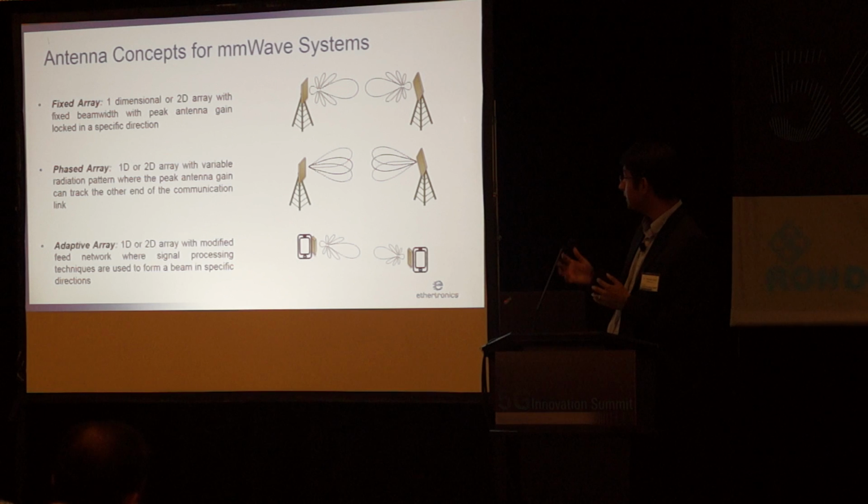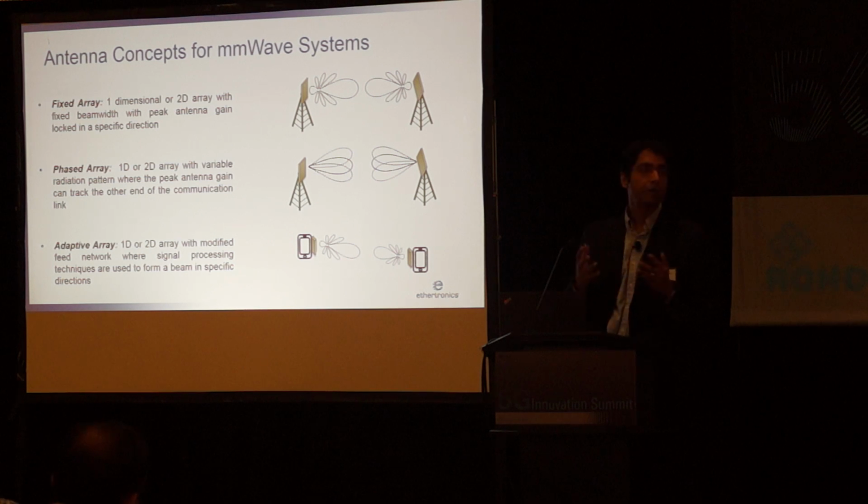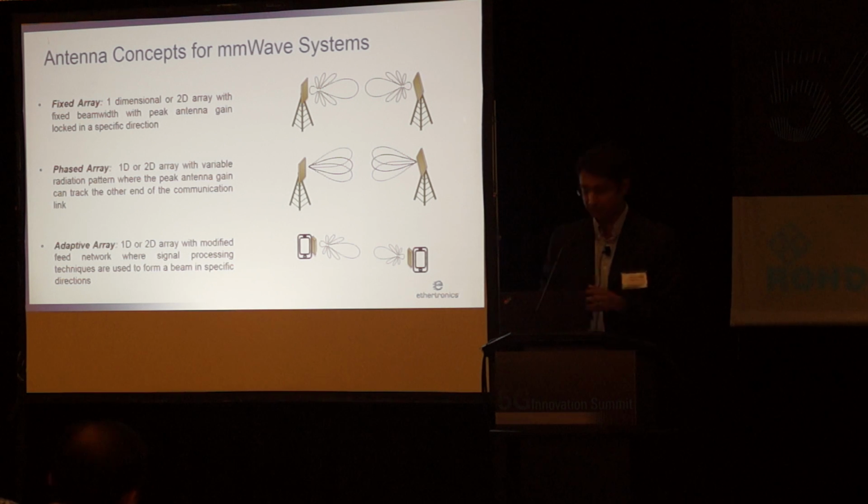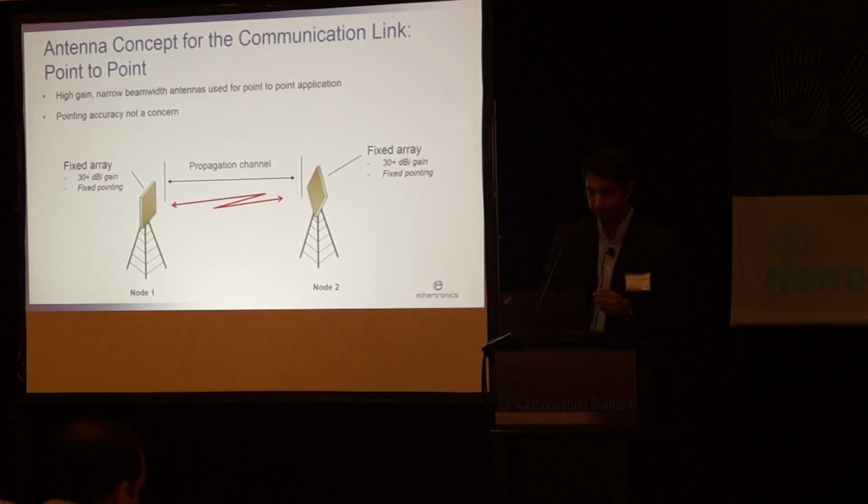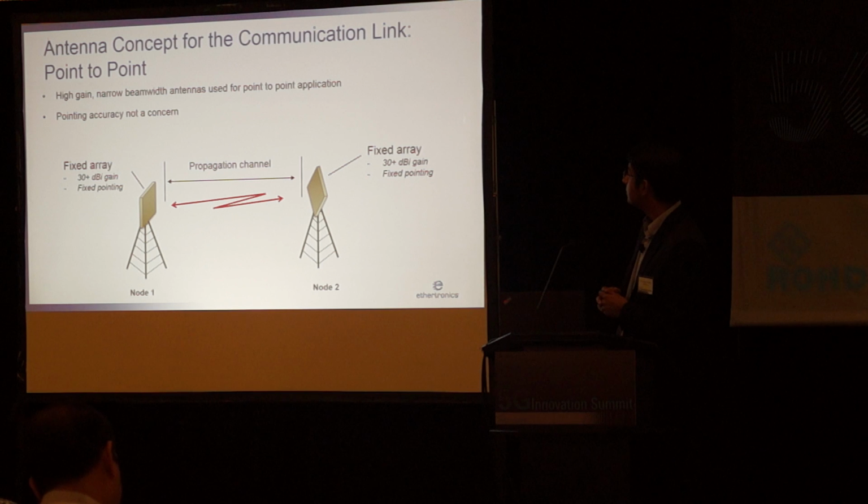And this could be pretty useful when we are doing a base station to a mobile UE type of scenario. Going into a bit more detail of what I covered, fixed gain arrays, just an example, line of sight